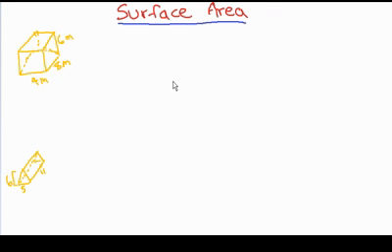Let's do surface area now. Surface area is when you find the area of all the sides in a three-dimensional figure. Volume is when you find the space that that three-dimensional figure can hold. So the two are different, because in surface area,